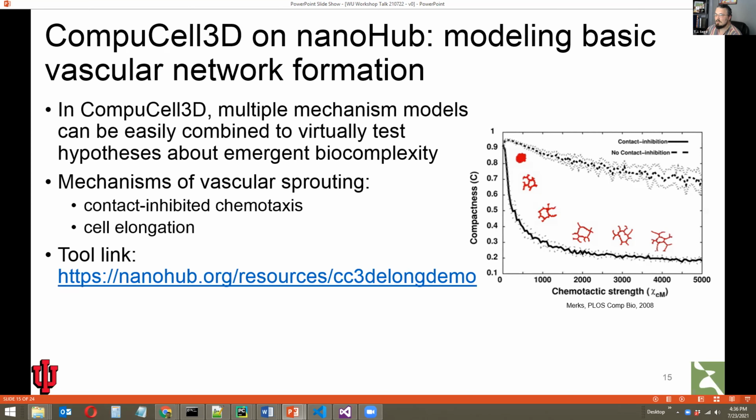Whereas with ordinary chemotaxis, one cell may push up against another if it's sensitive to some present chemical gradient. In this case, chemotaxis along a gradient only occurs into the extracellular space. And so this was published back in 2008 in PLOS Comp Bio. I reproduced this and then published it as a tool. Again, the link is in the chat.